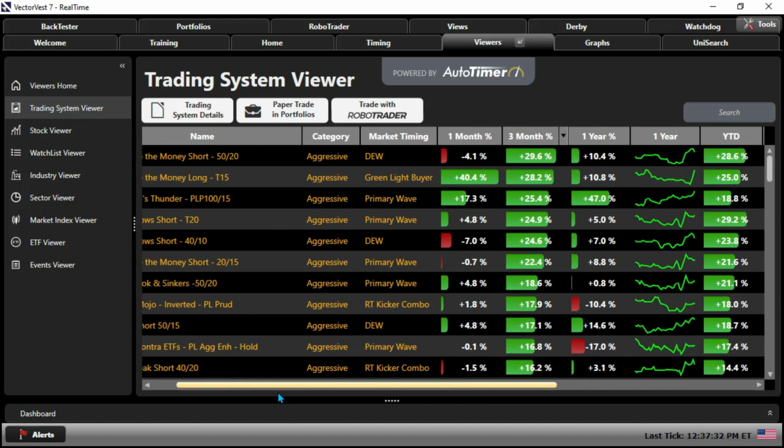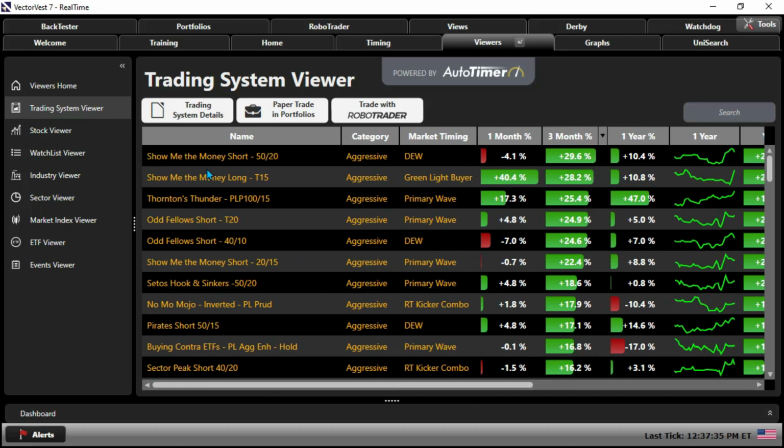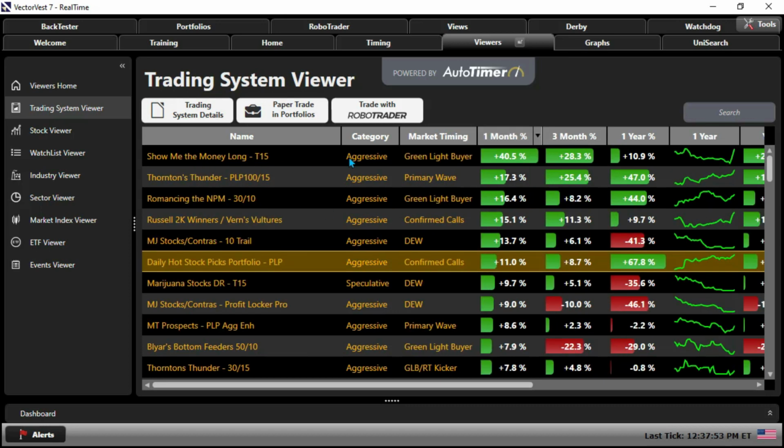Show Me the Money Short. That's a bearish search, up 29% over the last 3 months, but down 4% over the last month. So folks, you've got a lot of analysis right here at your fingertips, and that's why I call this the easy button. I'm going to sort by the last month again. I like Show Me the Money Long, but maybe I don't like the drawdown nearly as much. Let's think about